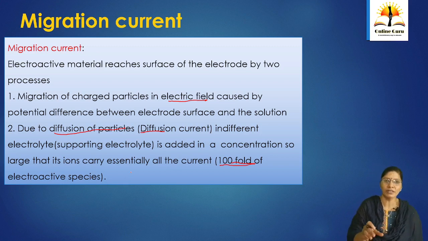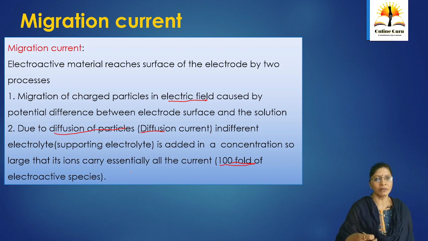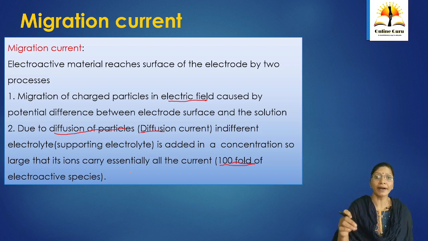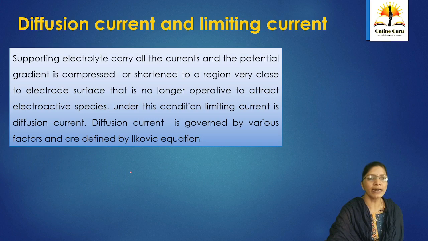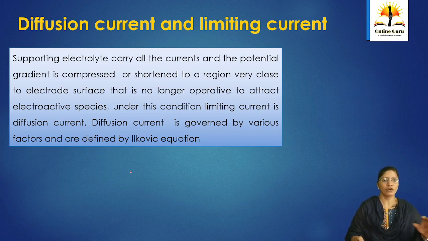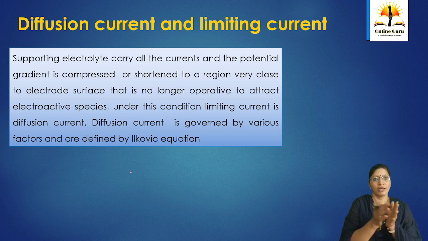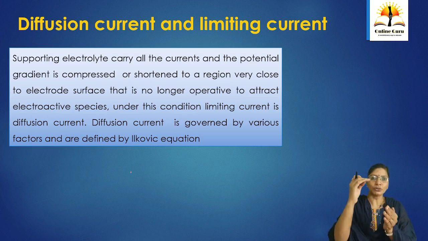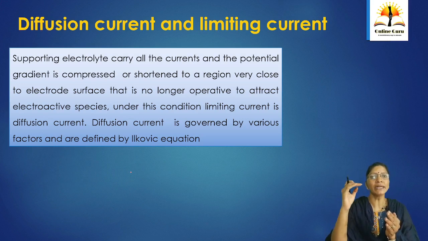Okay, I hope you understood what has been discussed up till now. We discussed the initial residual current, the role of the supporting electrolyte, and the different types of currents that are recorded. Now when we have diffusion controlled current, this is Faradic current. In Faradic current, the electroactive species is actually getting decomposed. So when that magnitude is reached, the process limits the concentration of electroactive species near the electrode to a magnitude, and that forms a plateau in the curve, which is called limiting current.